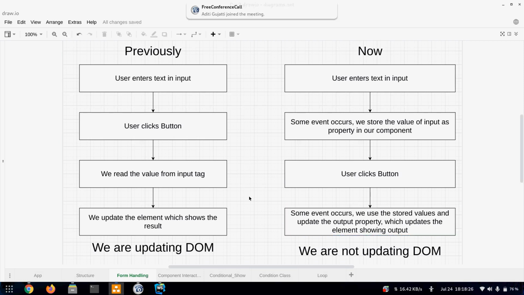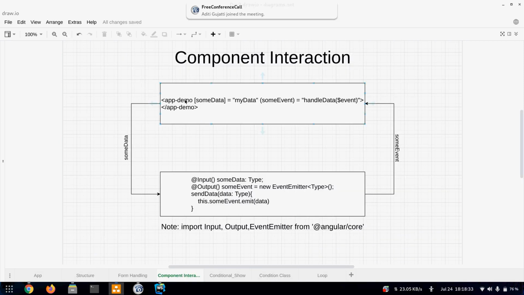Okay, so now we'll see how components send data among themselves. Like we have a component here called app demo, and inside the app demo we have some property named some data, and it also emits an event called some event. So just like we were doing with other HTML elements like div, where we were binding in our HTML, we'll do the same syntax here.